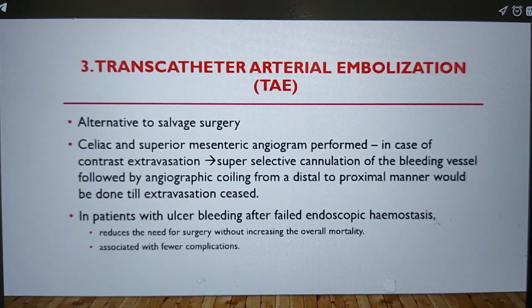Then there's transcatheter arterial embolization. This is the alternative to salvage surgery, where celiac and superior mesenteric angiography is performed. In case of contrast extravasation, super-selective catheterization of the bleeding vessel followed by angiographic coiling from the distal to proximal vessel will be done till extravasation has ceased. For patients with ulcer bleeding after failed endoscopy, doing transcatheter arterial embolization reduces the need for surgery without increasing the overall mortality. However, it is associated with